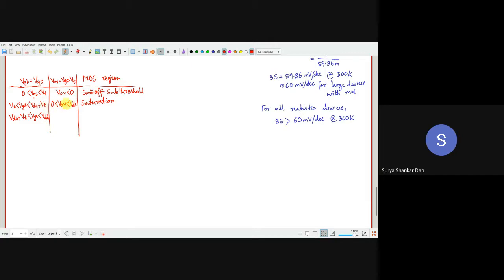Okay. So what will be the value of VOV now? Obviously, makes sense. Okay. So this is the non-saturation region. It is better to call it non-saturation. It is usually called linear, but we will see there is a region where it is not linear. It gradually turns into saturation. So we will just simply call it non-saturation. That is technically more accurate.